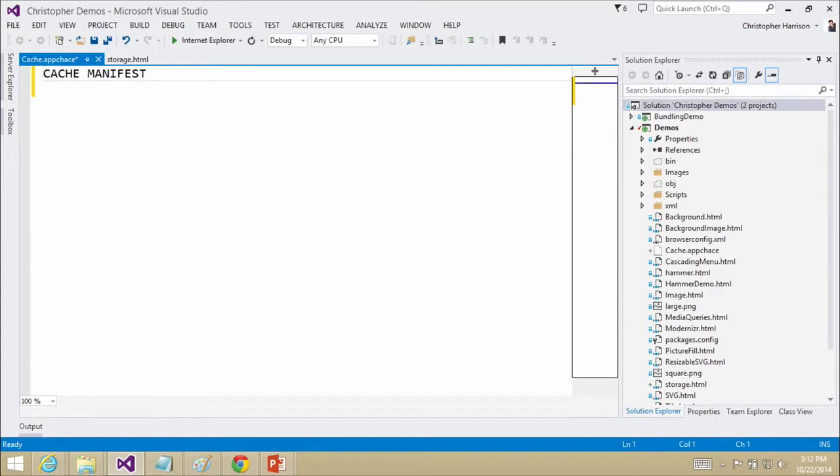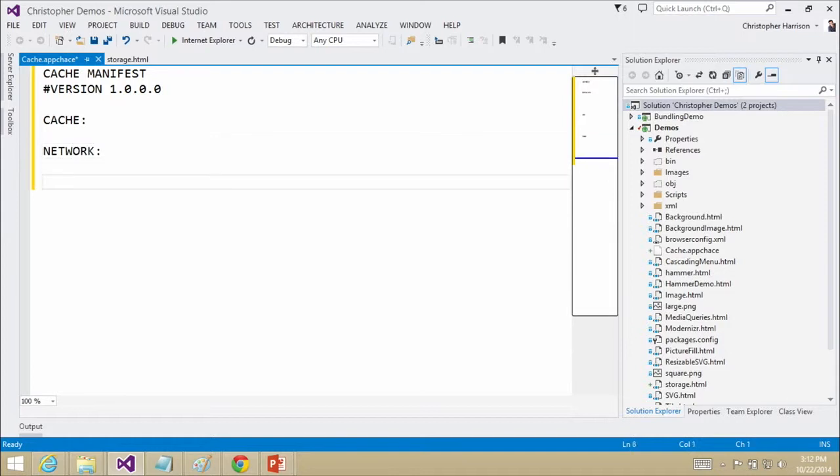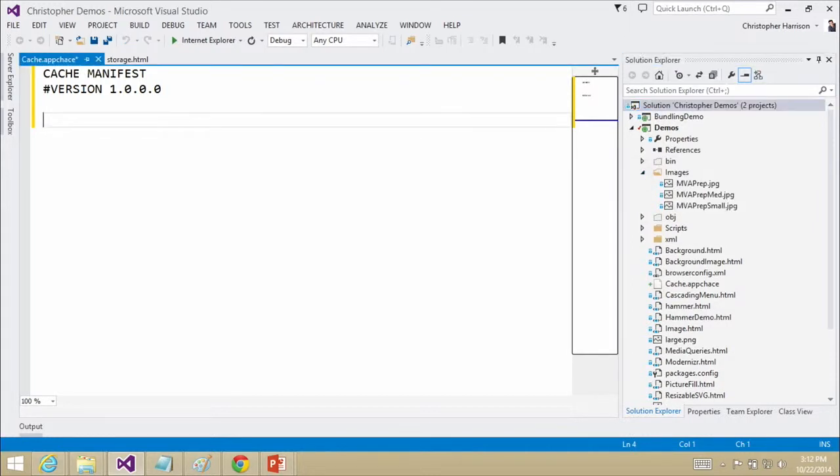Okay, so I'm going to go in and throw in my cache manifest, and I'm going to add in version, and let's say 1.0.0.0. So that's going to be my little version there. Now, from here, I can do one of two things. I can absolutely break down those sections if I want. So I can have my cache section, my network section, and my fallback section. But if all you want to do is specifically state, hey, these are the files that I want you to grab, then you can just go in and list them. So maybe what I wanted to grab is